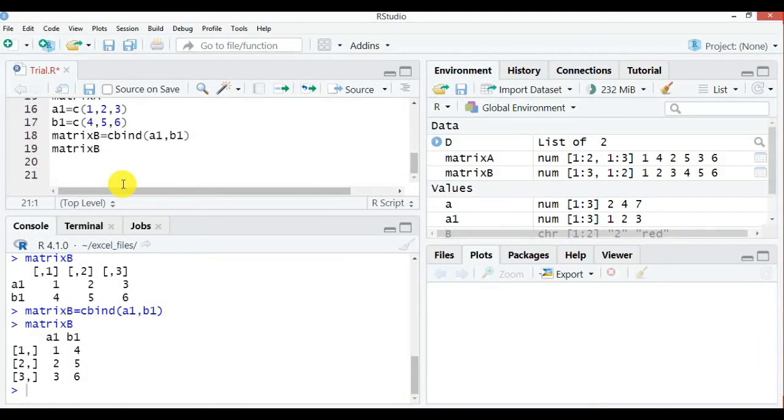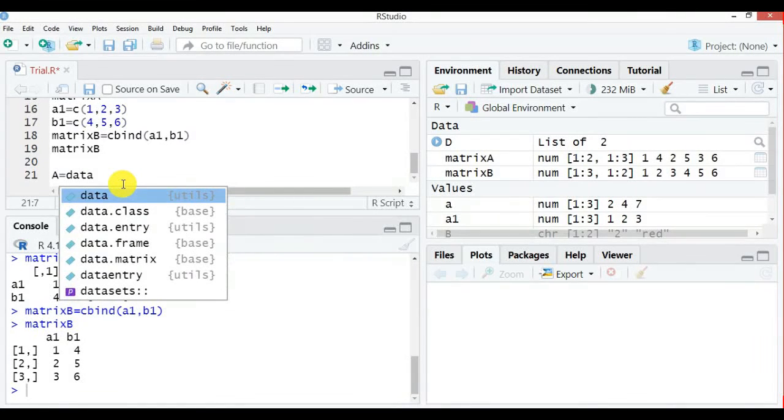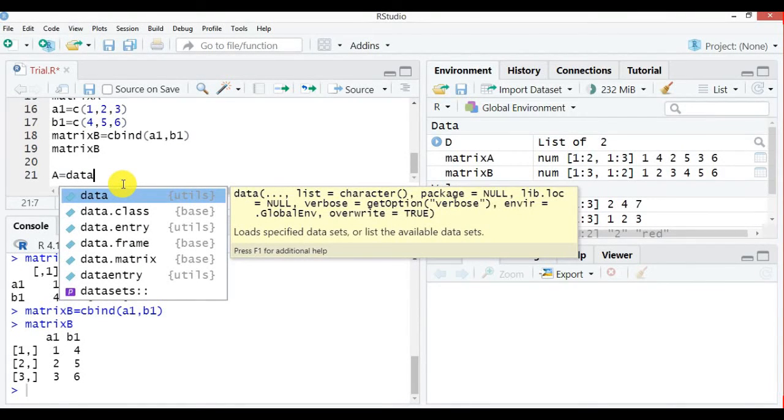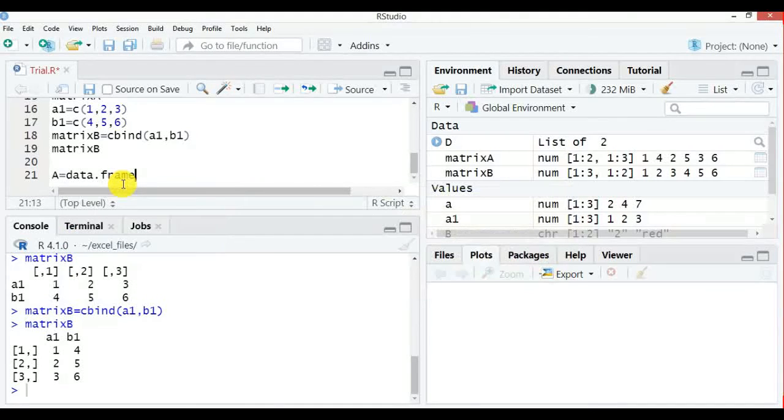So you can save a data frame which can hold different types of values, like if you want names of the students, then age of the students and gender of the students. So there are 3 things that I want to save. So I will now use the keyword so that R will be able to understand it is a data frame, that it has to read each different type of data. You have to give data.frame, not a data frame alone.